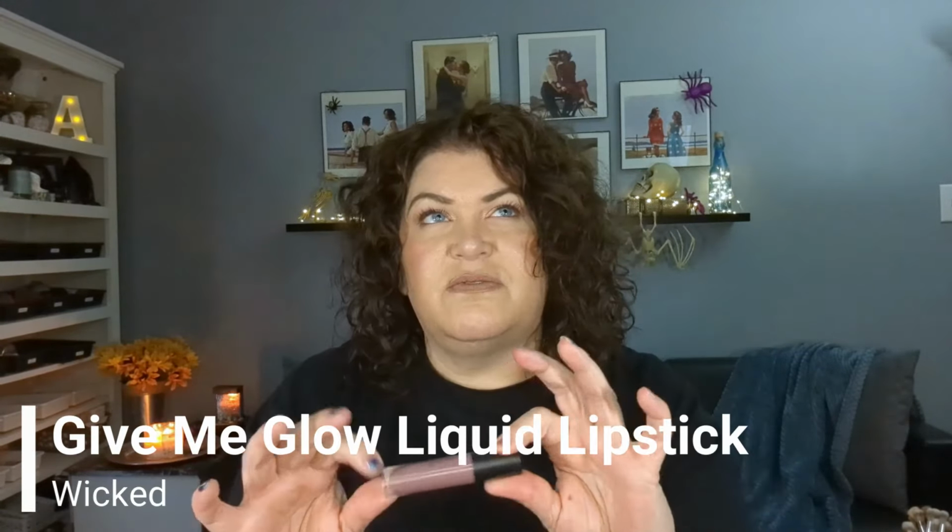And then I have one more, and this is from Give Me Glow. Within the last 4 or 5 months, I was on Give Me Glow's website, and they had some of their liquid lips and their lip liners for $3, and I picked this up. Every time I wear this, I get so many compliments. This is in the shade Wicked. I have a lip liner that matches it,